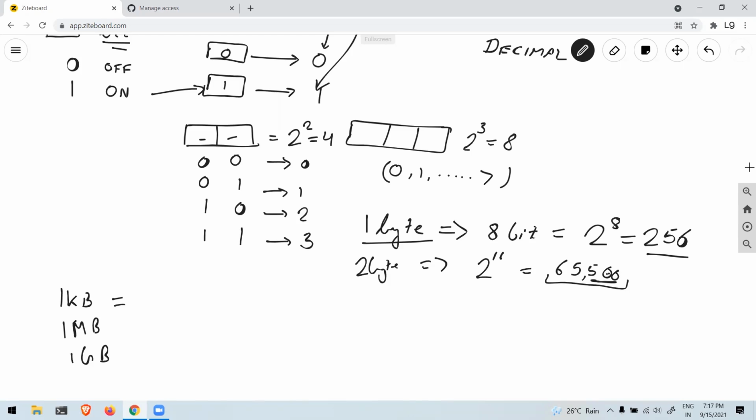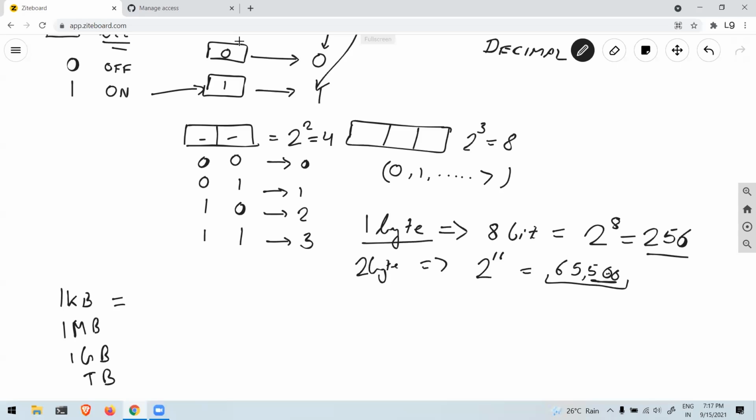Anyone, guys? How do these convert from a byte, or what is the relation? It's just like you have a meter, and in a meter there are 100 centimeters or 1000 millimeters. In that same way, we have this notion of kilobytes, megabytes, gigabytes, and then terabytes, and then there is